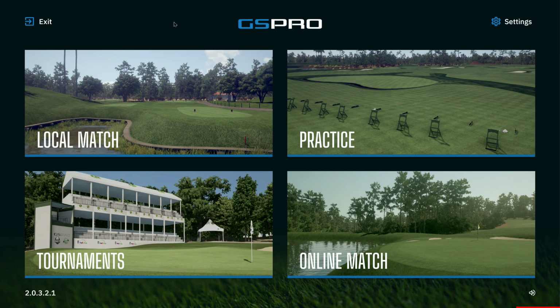So I saw some questions over the weekend on Facebook for Mevo Plus users using GSPro and the chip issue, where if you elect to use the offline calculation, like I mentioned in a previous video, it's causing an issue with short chips going basically straight left or straight right. So I wanted to do a quick video just to show that there's an option for folks right now to